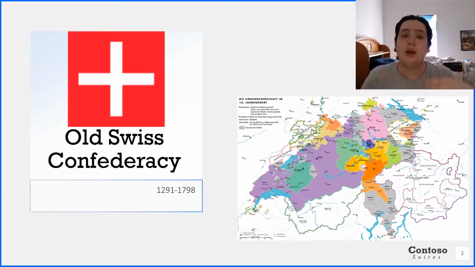So the nucleus of the Old Swiss Confederacy was an alliance among the valley communities of the Central Alps to facilitate management of common interests such as trade and ensure peace along trade routes through the mountains. The foundation of the Swiss Confederacy is marked by the Rütli Oath, dated to 1307, or the 1315 Pact of Brunnen. Since 1889, the Federal Charter of 1291 among the rural communities had been considered the founding document of the Swiss Confederacy. So, just remember, Federal Charter 1291, roughly the start of the Swiss Confederacy.